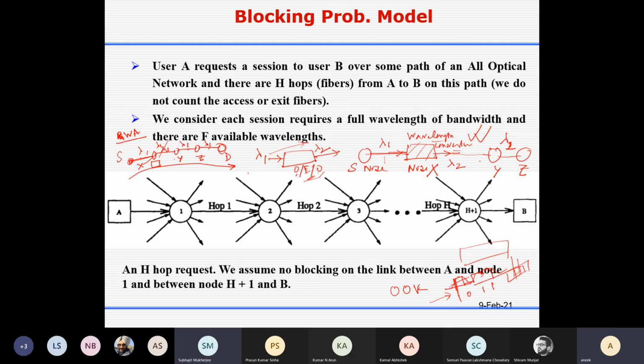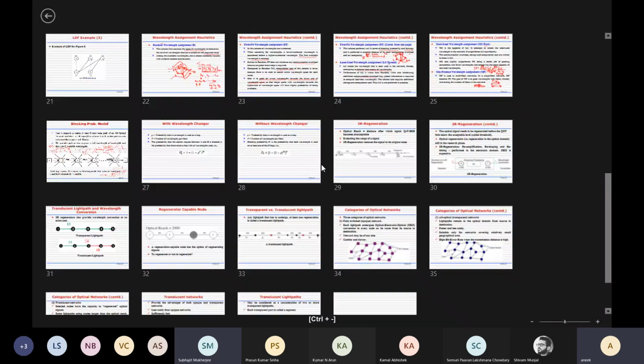A wavelength converter is a device which works in the optical domain, so all its internal operation has to be optical. Because after electrical processing, we can change the color, but then we should not call it a wavelength converter.